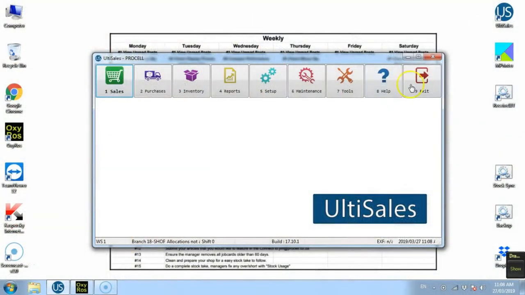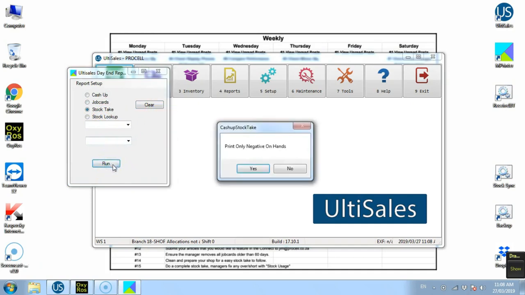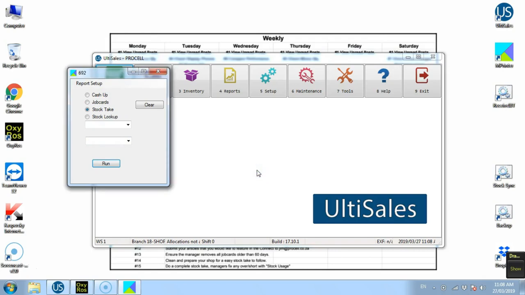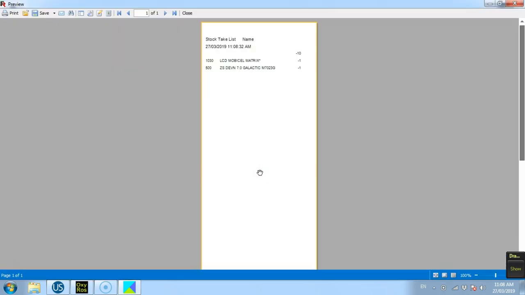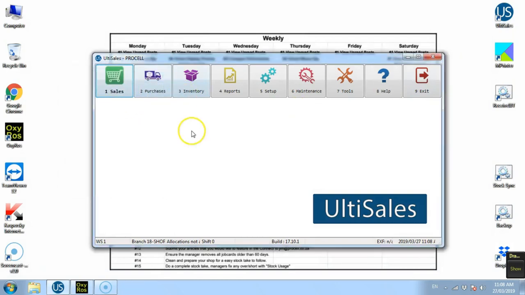To check your minus quantities, you just open mPrinter, click on stock take, leave the tabs blank, and click on run. When the tab appears asking if you want to print negatives on hand, you click yes. And then all your negative quantities will appear, showing that these items were sold while the stock on hand in the shop was zero. After viewing your negative quantities, now you can proceed to fix your negative quantities using stock